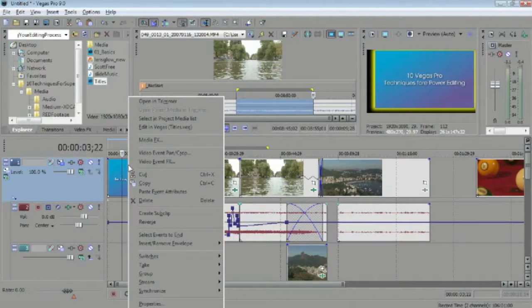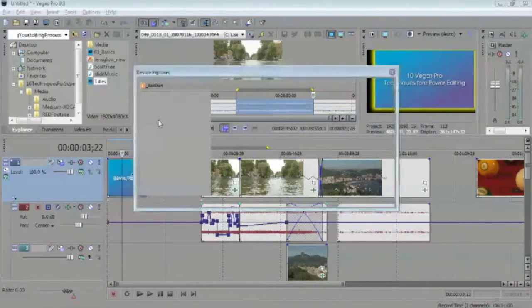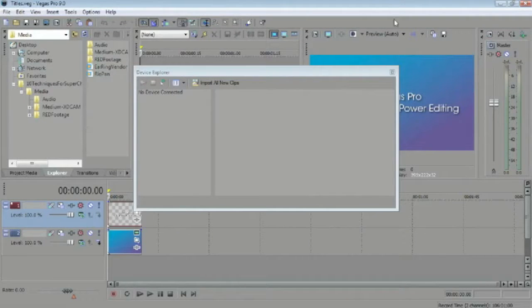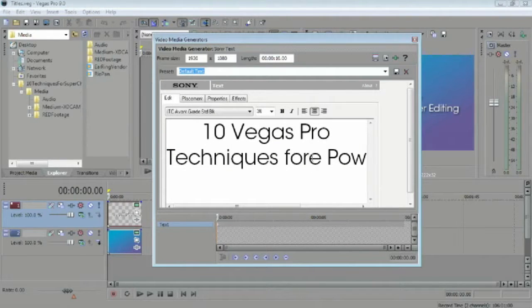So what I'm going to do is right-click the event that holds that veg file and choose Edit in Vegas. Watch what happens. It launches another instance of Vegas Pro. So yeah, I have 2 instances of Vegas Pro open at the same time, and it opens up that project in that new instance of Vegas Pro. I can come in now, correct my mistake,